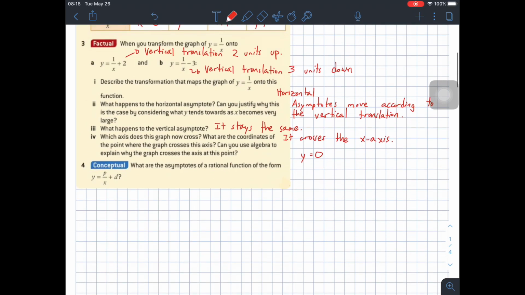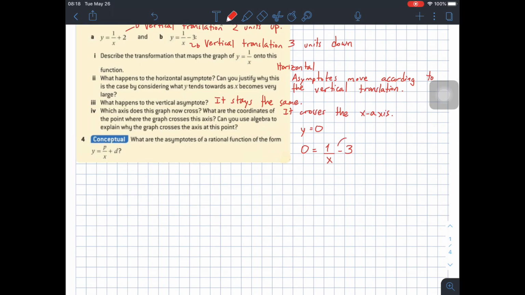If y is 0, then we're going to set the equation to 0. 0 equals 1 over x minus 3. And then if we solve for x, if we take the 3 to the other side, we're going to have 3 equals 1 over x. And then if we flip this x here and the 3 goes here, we're going to get that x equals